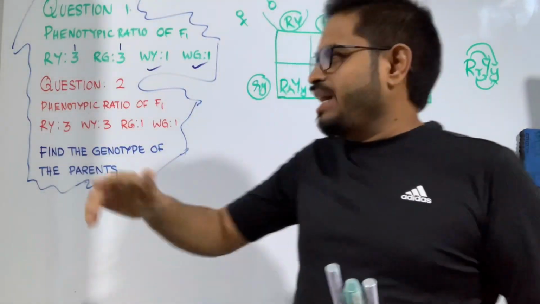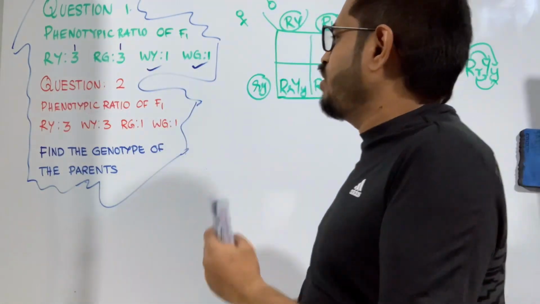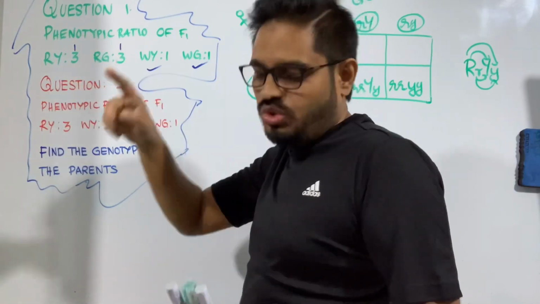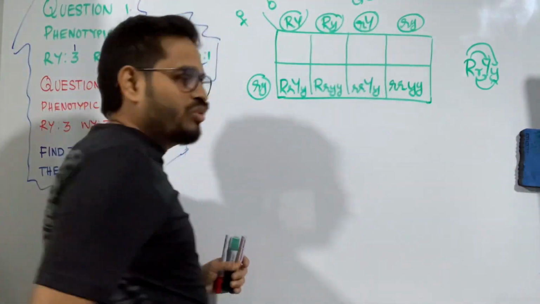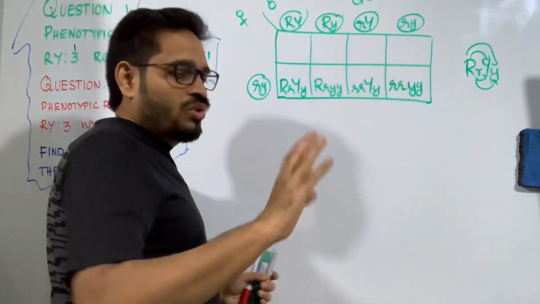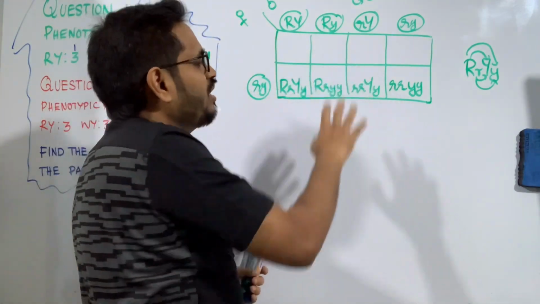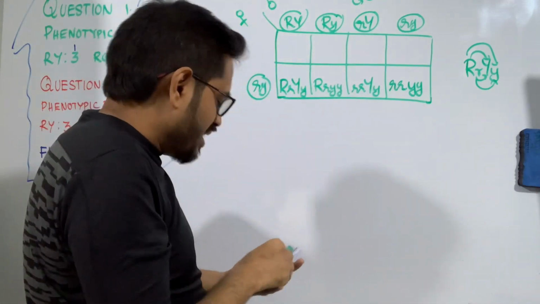Now what we understand is that here 1, 2, 3, 4 members I have already solved. Remaining is round green 2 more, round yellow 2 more. I need to get 2 round green and 2 round yellow there. So that is how I'm going to fix the next box. Now step 7. What is it? Here when we have written all these things, one of the parents we already got. The other parent we don't know exactly what it is.